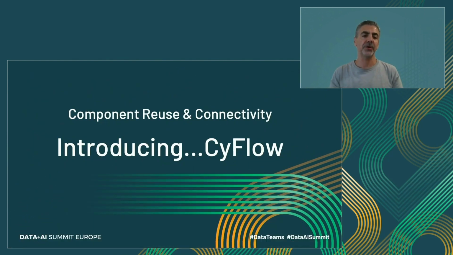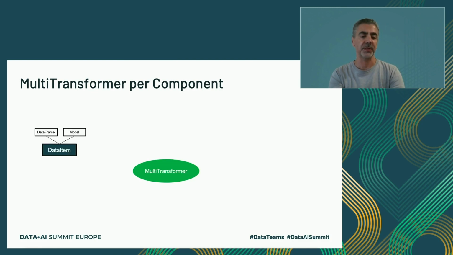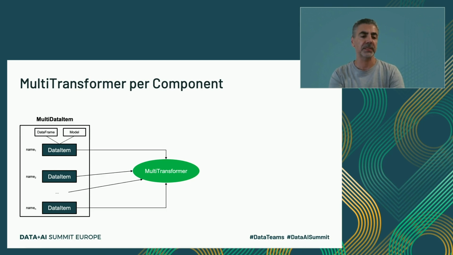To manage all that, we introduce a framework called SciFlow. I'll explain about this framework. We begin by introducing a multi-transformer. A multi-transformer basically represents a single component. This component is going to receive as input a multi-data item. The multi-data item is basically just a set of data items. Each data item can be either a data frame or a pre-trained model that is being fed into the multi-transformer. Then, in turn, this